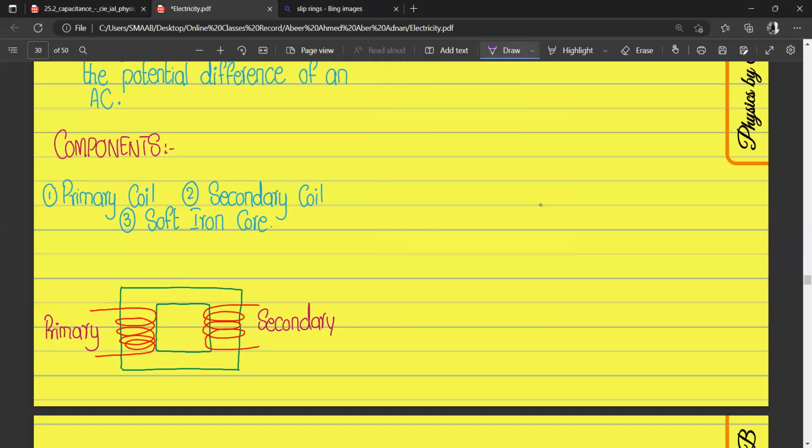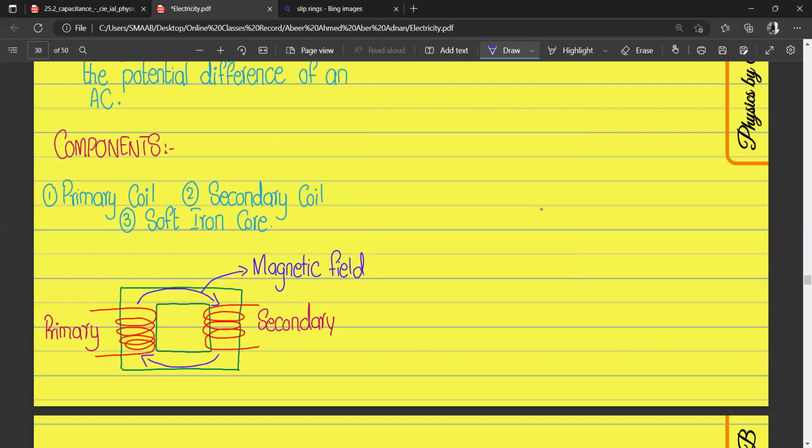So let's suppose a magnet is going to be produced over here. So there will be a magnetic field,